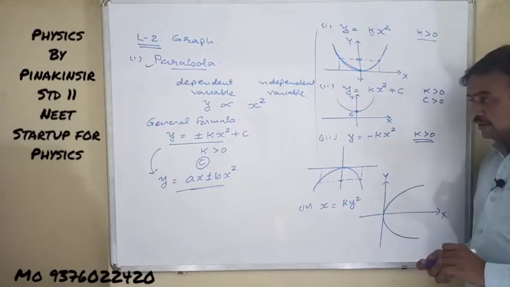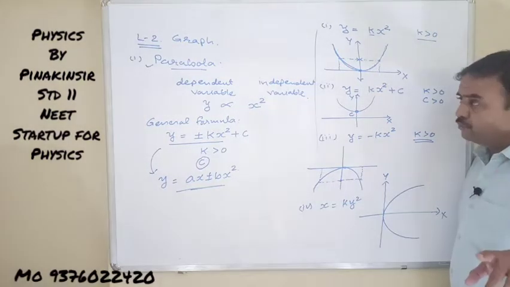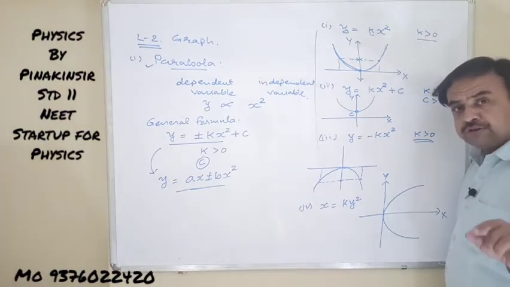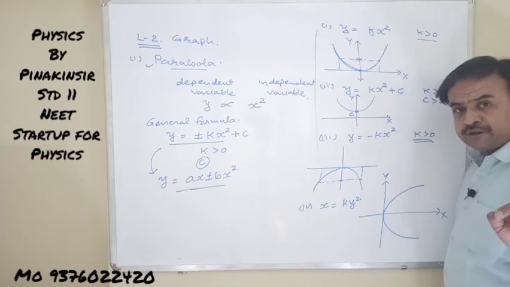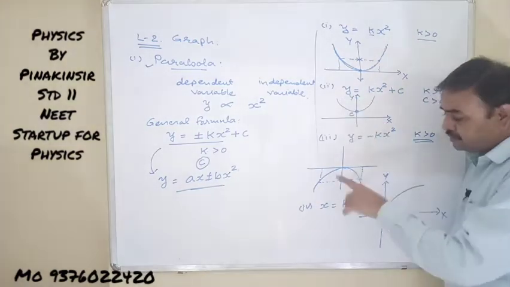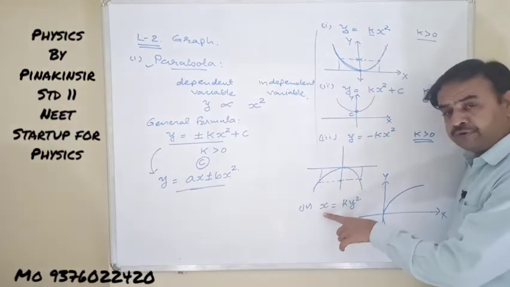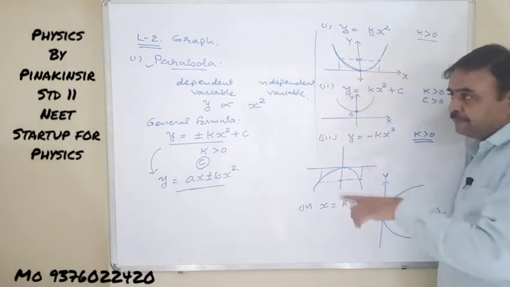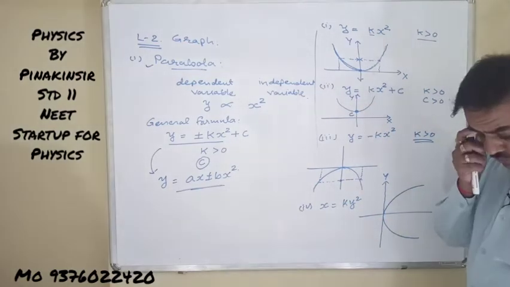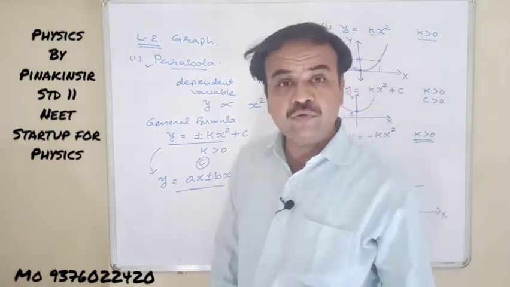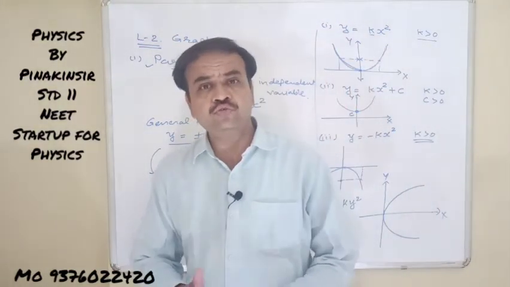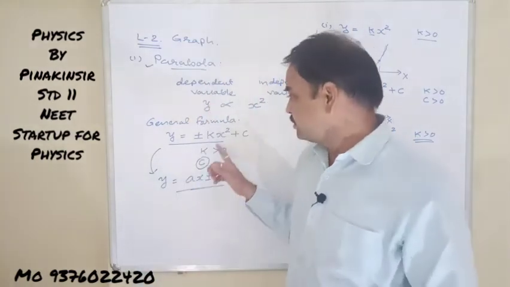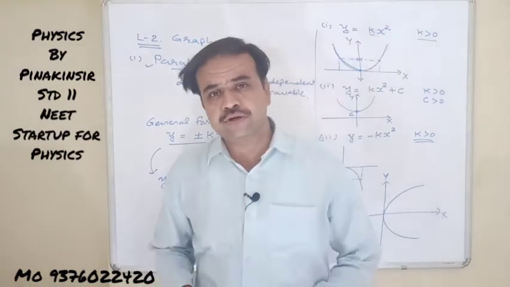Thereby, we can say that parabolic nature will be symmetric about the axis on which the dependent variable is taken. That is this one, y. In this expression it is x. Then the graph will be symmetric about x here, and the graph will be symmetric about y in this expression. This one is parabolic nature. We have to identify only this type of nature, nothing to calculate there in particular physics understanding. We have to just identify such type of relation and the nature of the graph.